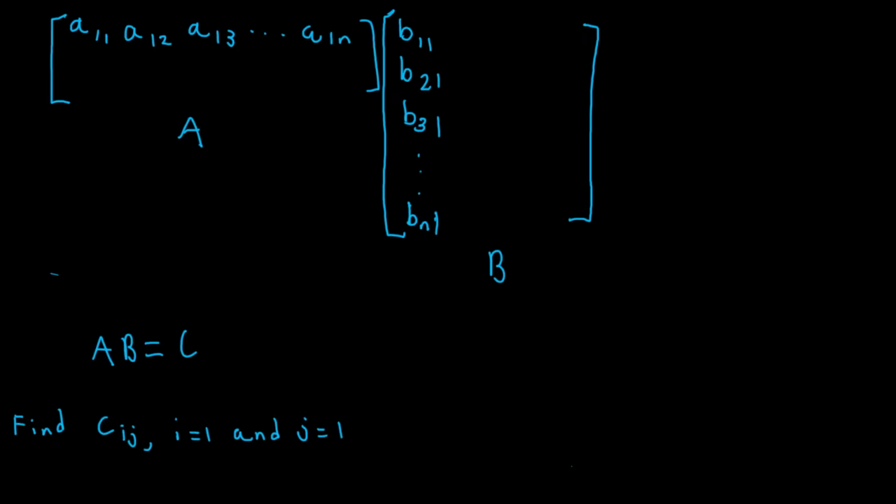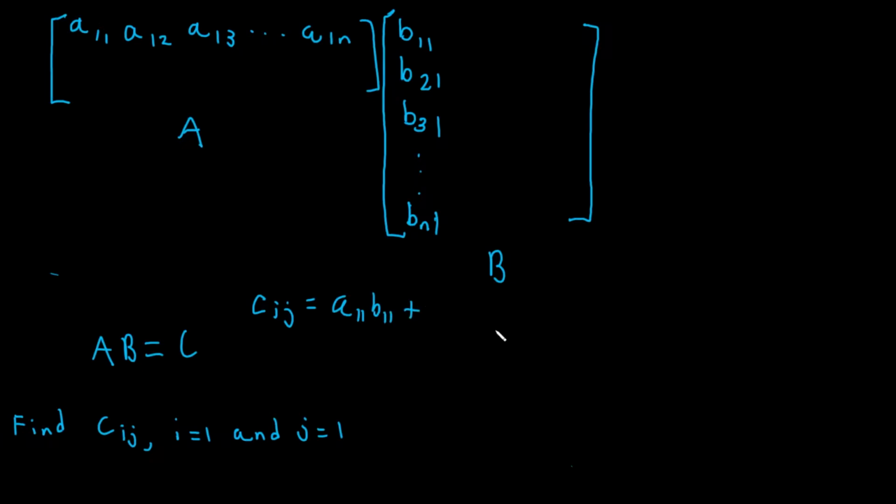So recall that to multiply two matrices, all you have to do is take every single entry in a row of the first matrix, multiplied by every single entry in the column of the second matrix, and add them up. So to get Cij, which is what I asked you to find at the beginning of this video, all you have to do is take, well, A11 multiplied by B11,